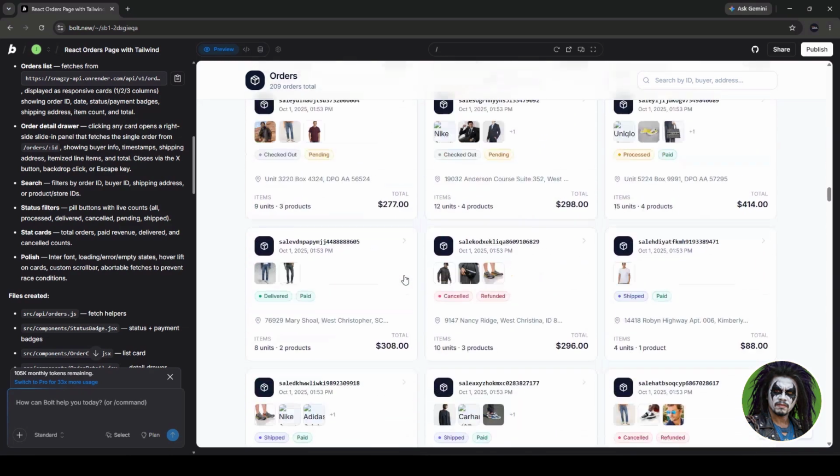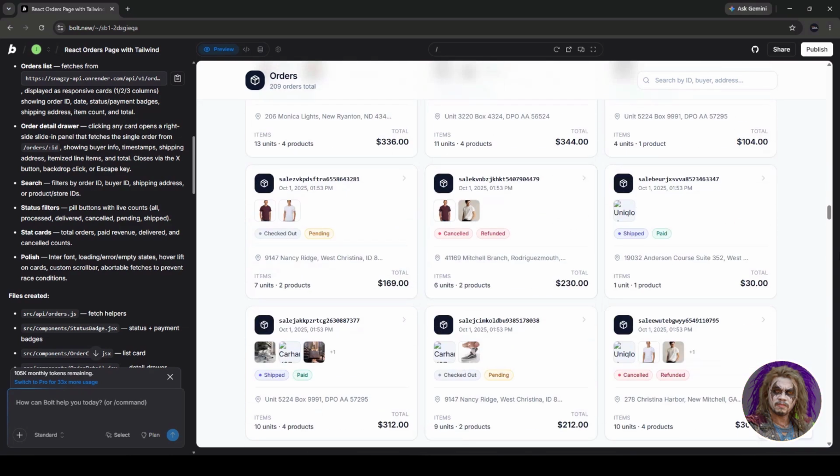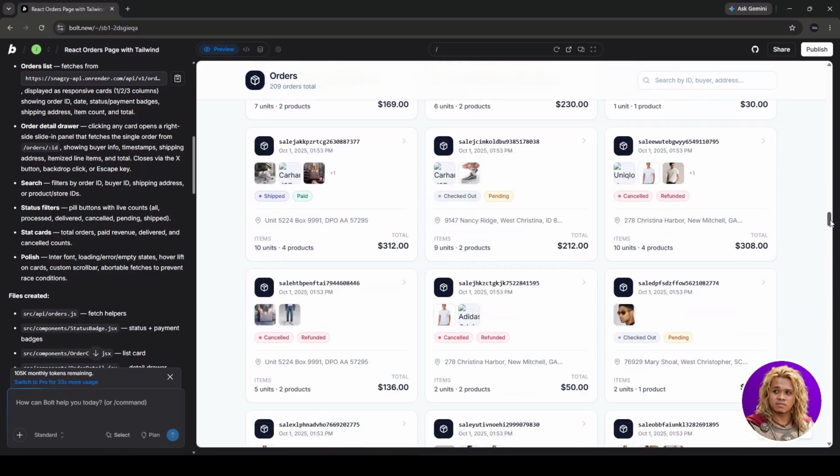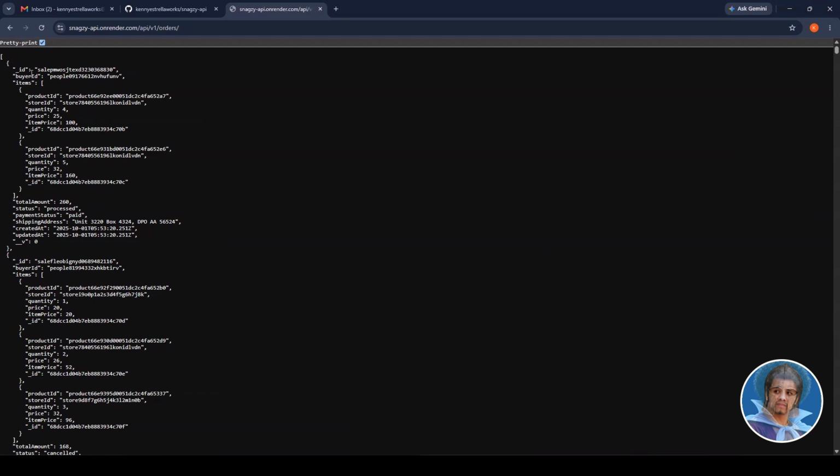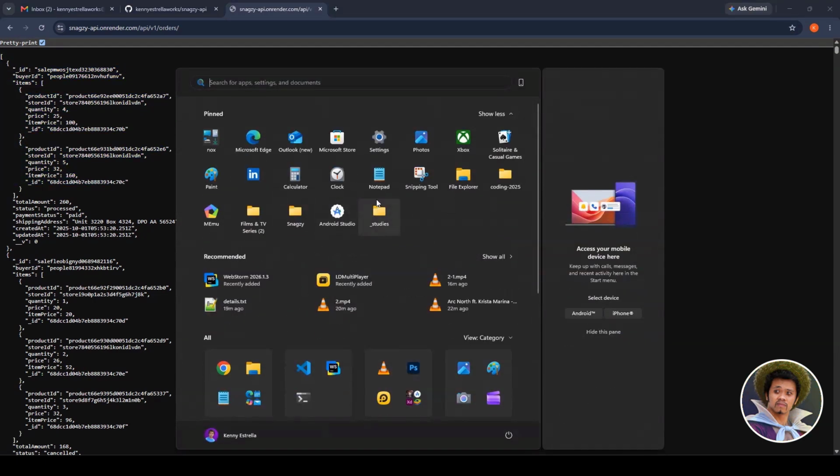By the way, there is a much improved version of this orders API which currently resides only on my machine. As you can see, each item in this .json list isn't detailed. Let's open my Snagsy folder to show you what has changed.